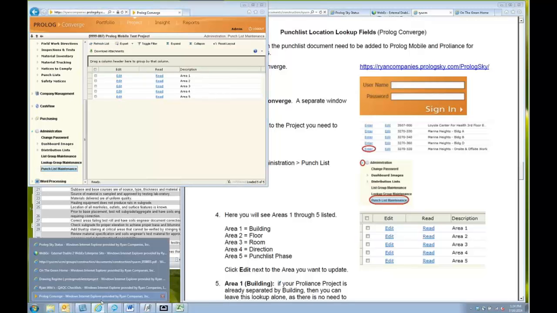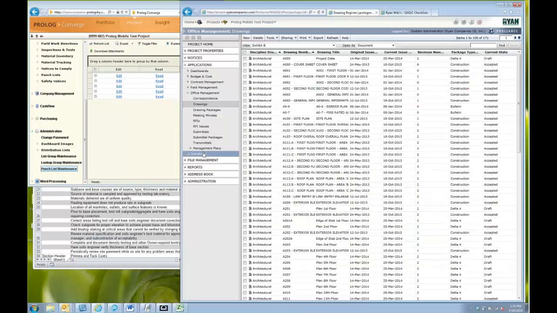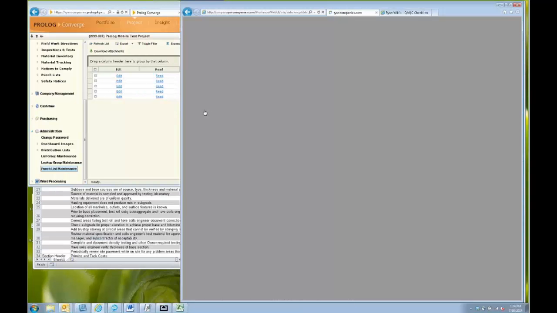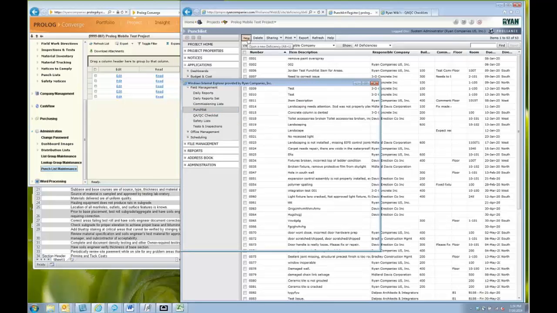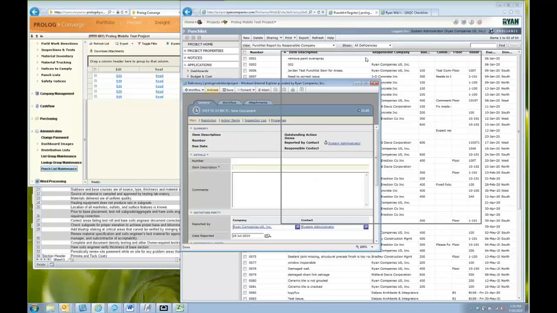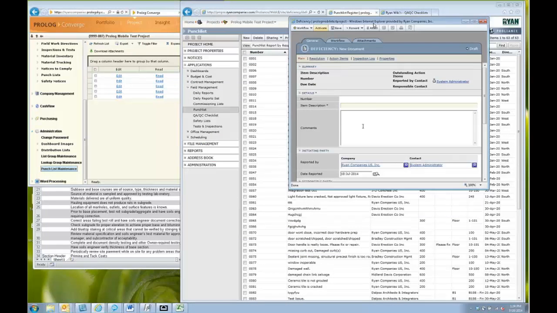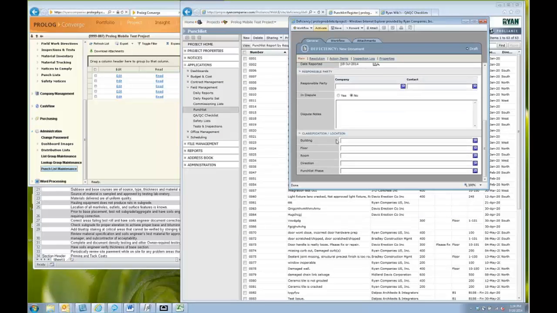Now, if I open up ProLiance, we will compare that to the options here. Under Field Management, we have these 2 new areas: punch list and QA/QC. If you were to go into the punch list and create a new one, you have your punch list areas here, or these fields, which match up to these fields right here. What I think would be a great idea, and you could do this 2 different ways,